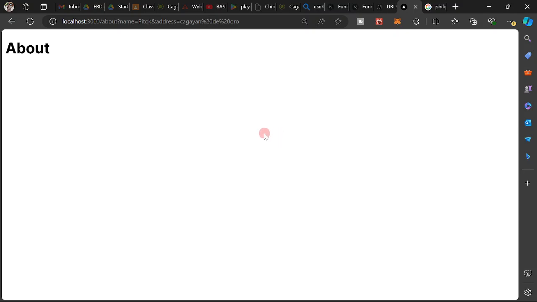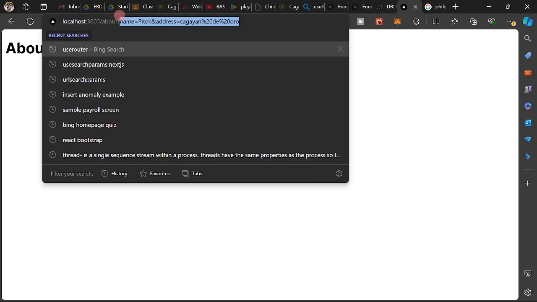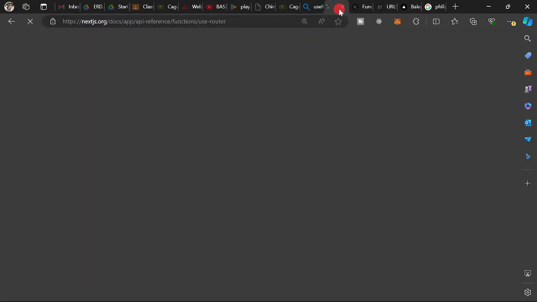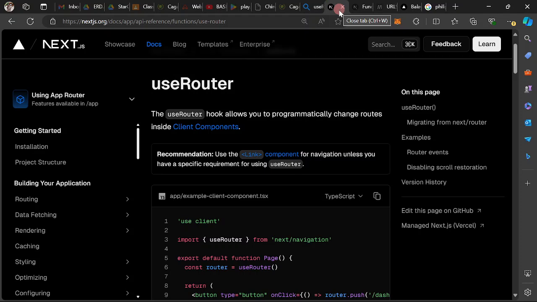But then, how are we going to access these parameters? To access those parameters, let's go to